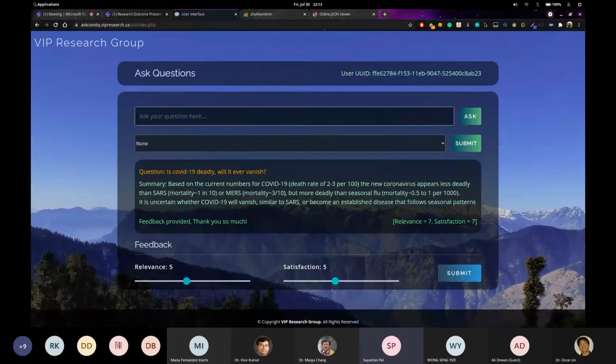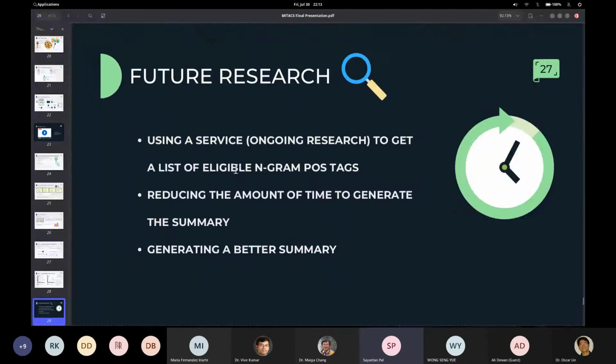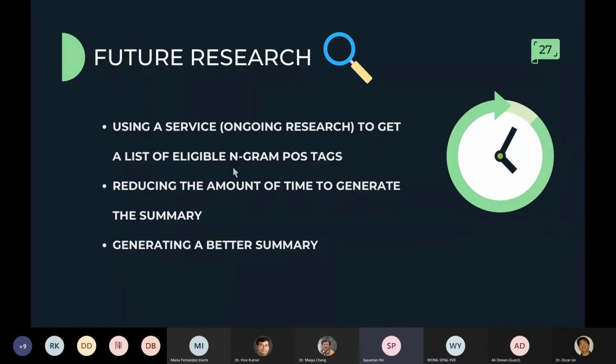So this is what I had to show you in stage 3, and this is the part about cookies that I've also shown. So let's move back to the slide, and I hope you can see the future research page of this slide. Yes. Oh, thank you, sir.